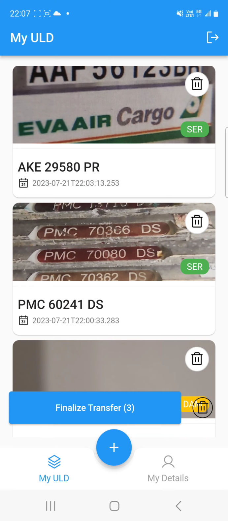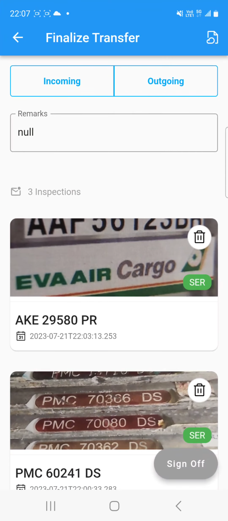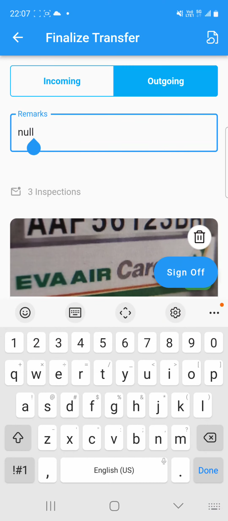So in this video, we're going to finalize transfer. We're going to say, okay, all these items we want to transfer, so we press Finalize Transfer. At this point, we can then choose whether it's an incoming transfer or an outgoing. So this time we're going to say it's outgoing, and our remarks are going to be